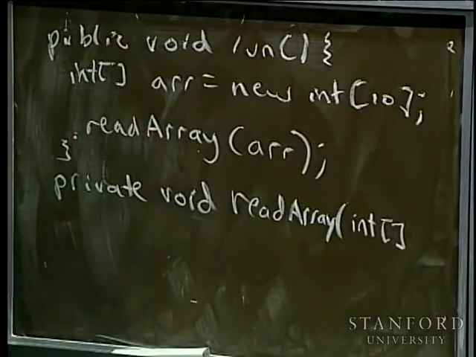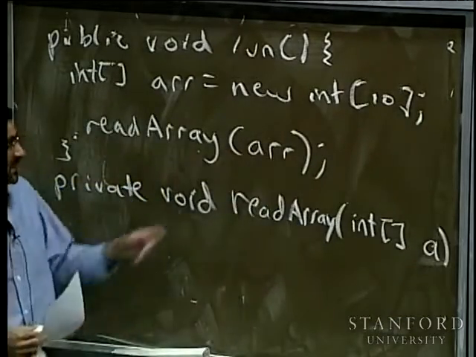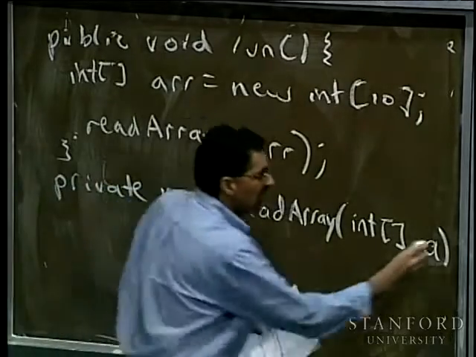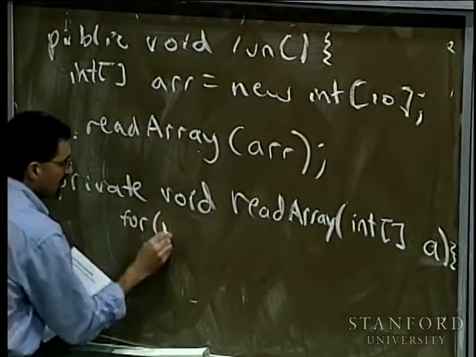That indicates the thing that is getting passed to me is an array of integers. Okay? And then I give it a name for the parameter. Here I'll call it A, just to distinguish it from ARR. All right, so inside here I get A, and so I'm going to have some for loop inside here, for